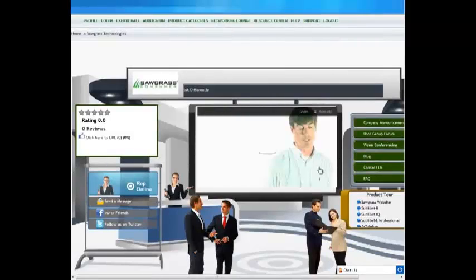Now, once you get into the booth, there's a lot of different things going on here, a lot of different places to get information. Your starting point is probably going to be here on this large flat screen monitor in the background. Most of the exhibitors have a video installed here, which will provide you information about them or maybe some of their products and services. So to find out what's happening, simply click on the Start button